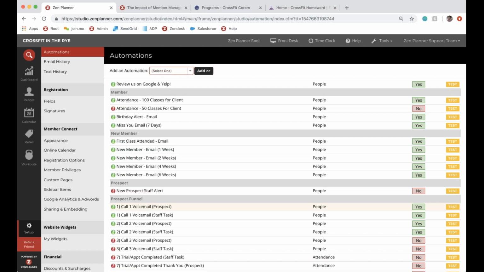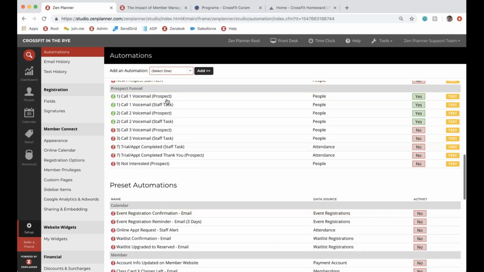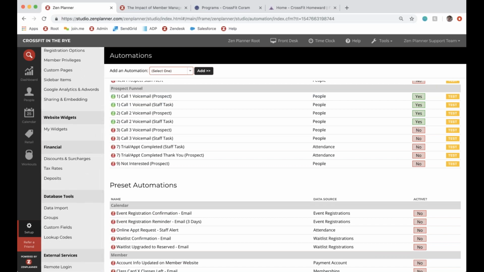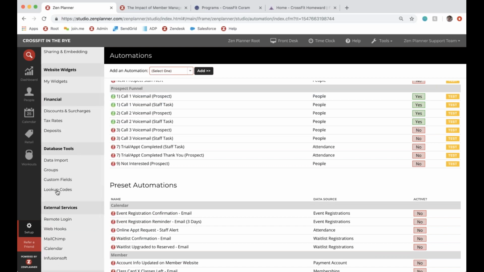The third feature is another one we have covered, but it's very important to getting people in the door and making new members, and that is the prospect funnel. That is in automations right here, and we're going to go over those automations really quickly. But before we do that, I want to look at setting up the base of your prospect funnel. To do that, we are going to click on Lookup Codes under Setup,